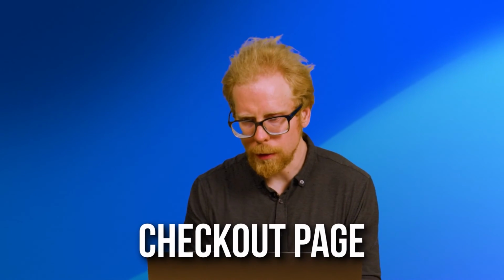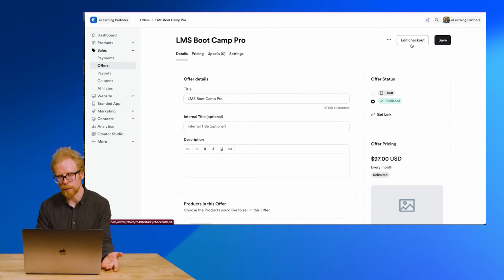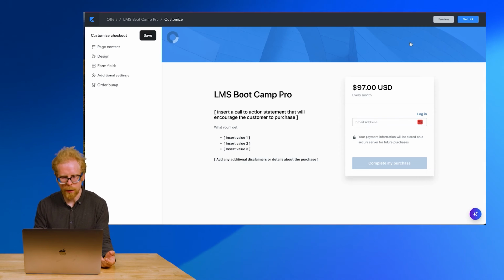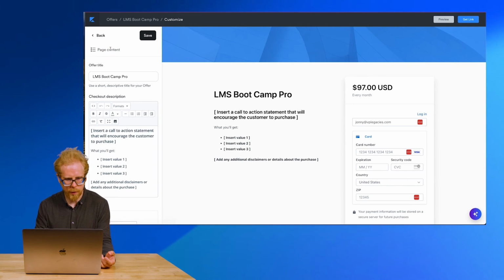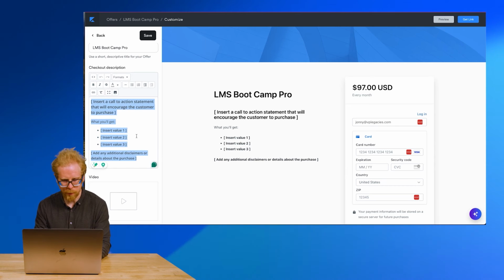So how do you create a checkout page? Well, under details, every offer is connected to a checkout page. So I click on Edit Checkout Page here, and this is what it opens up. What I can do is go to Page Content, here's Offer Title, I can add whatever I want here,